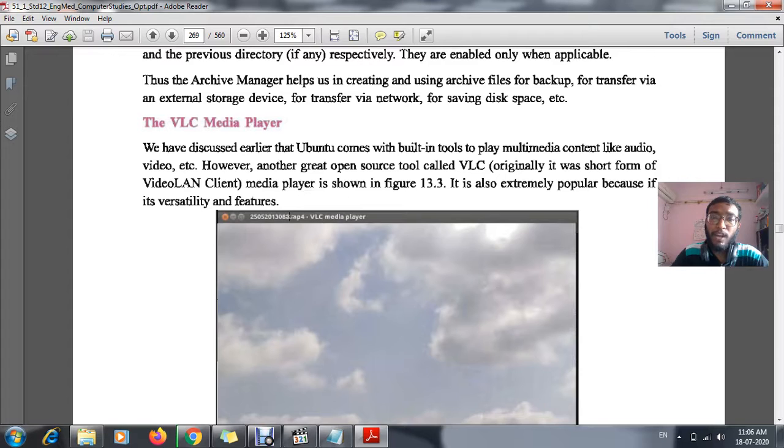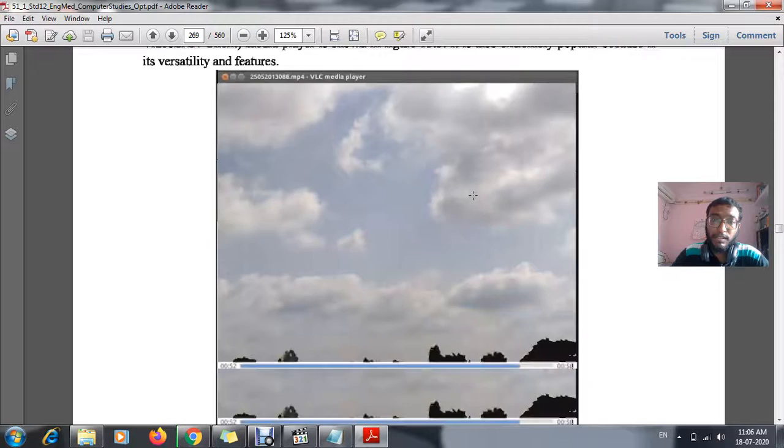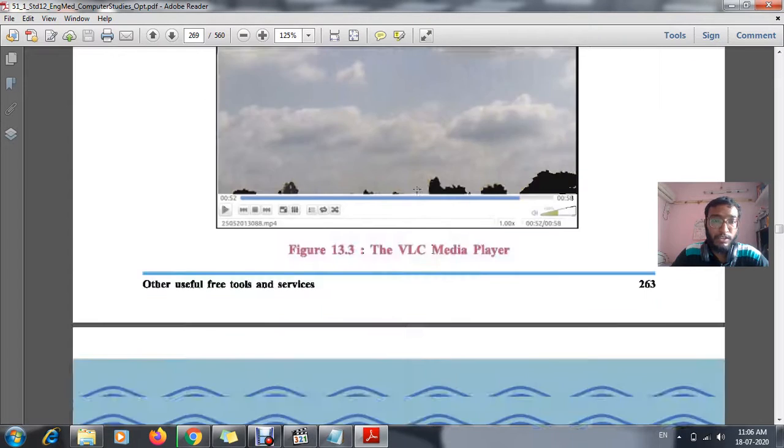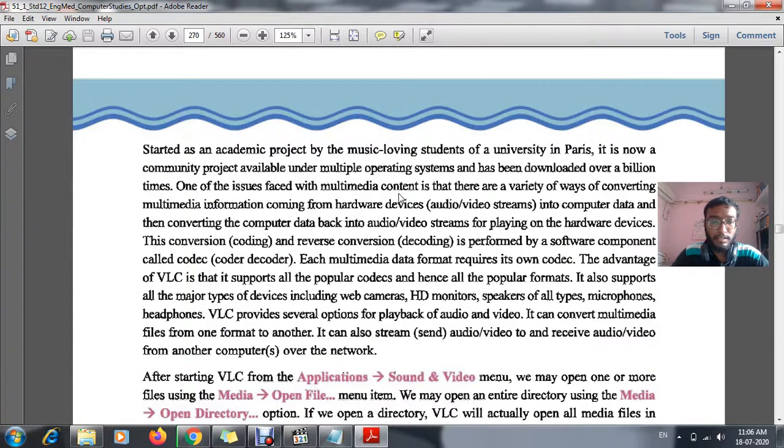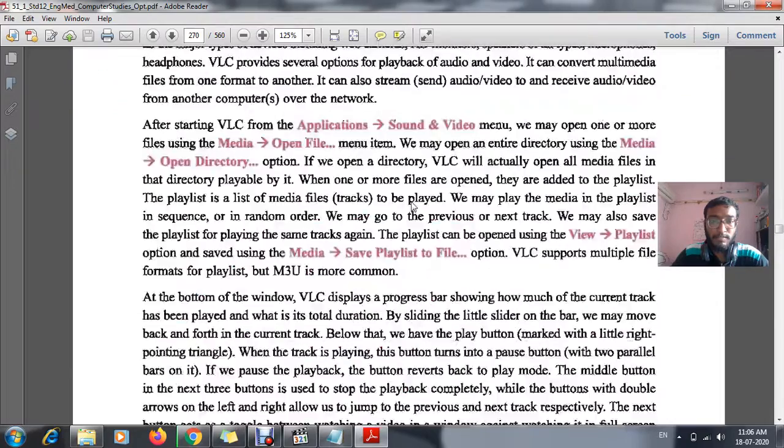And I hope you all have seen this VLC media player, which has a cone shape. I can show you.